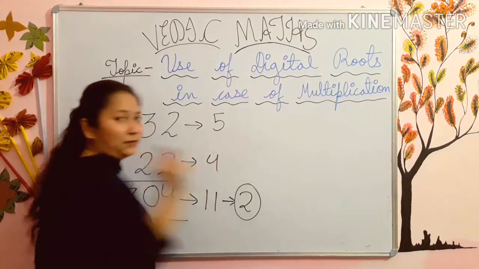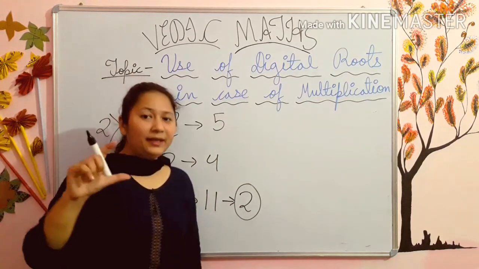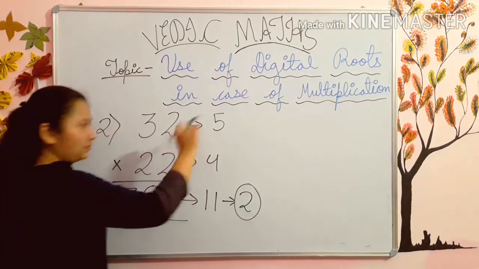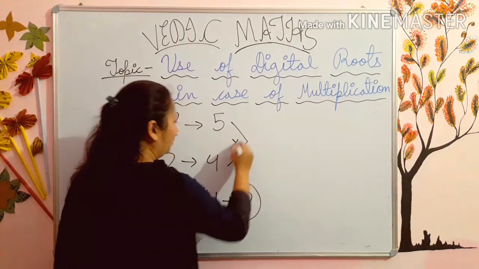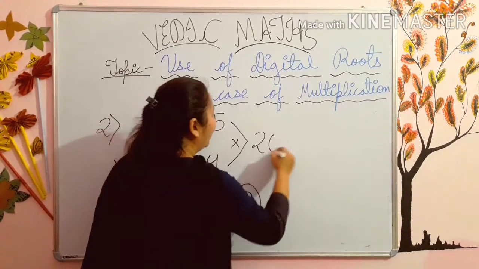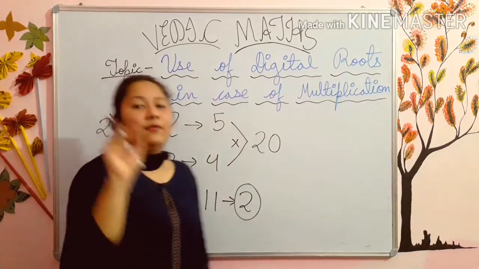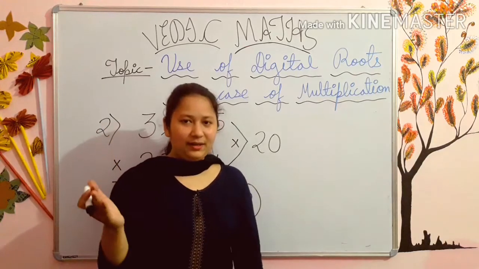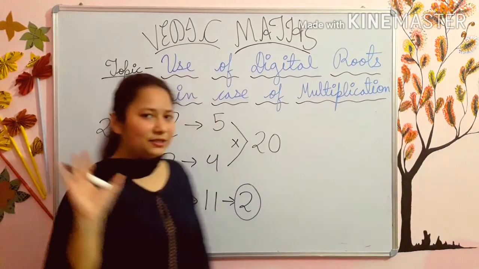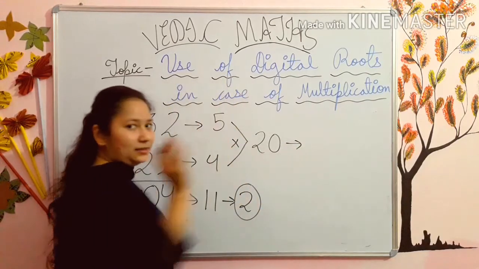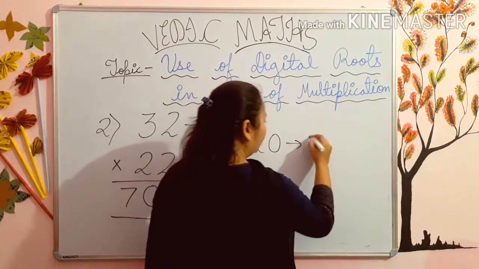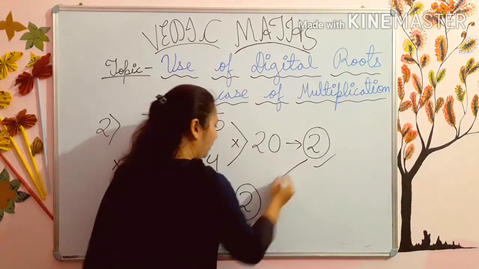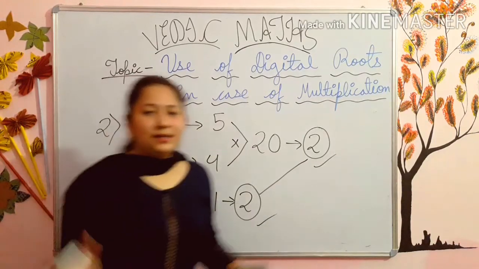Now what I have told you for multiplication, multiply the above two rows' digital root. The above two rows is this, multiply its digital root. 5 4s are 20. Now I have told you that whatever the number is after multiplication, make it a single digit and add it until it becomes a single digit. So 20 is not a digital root. 2 plus 0, 2. Now you can see that this and this is same. This means that your answer is right.